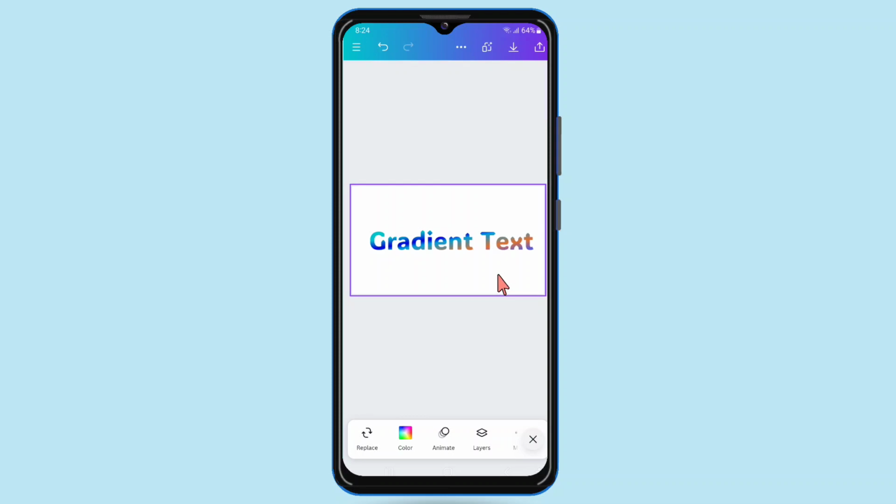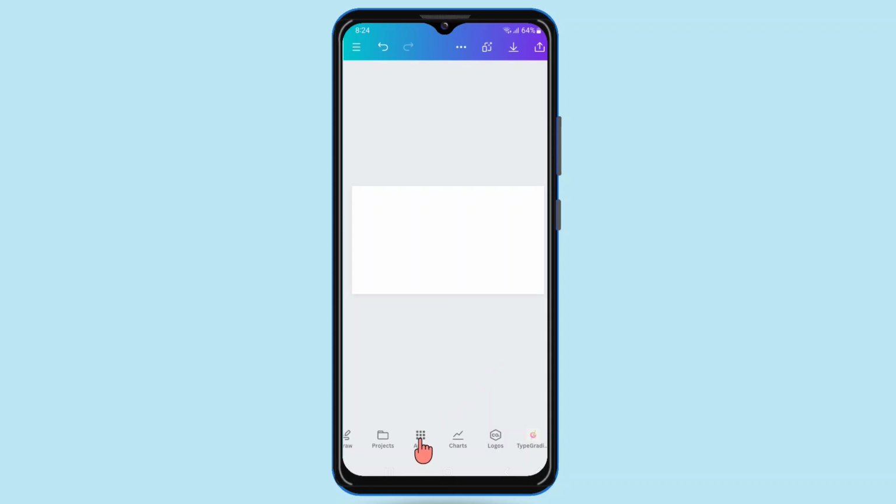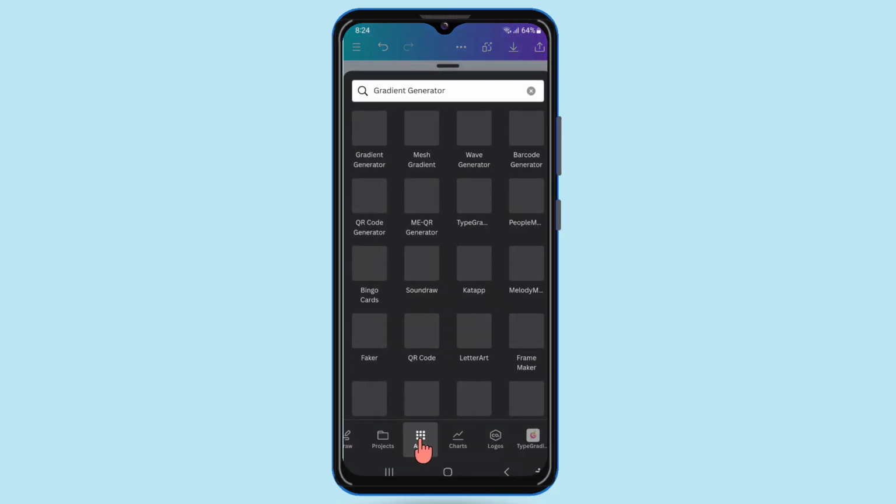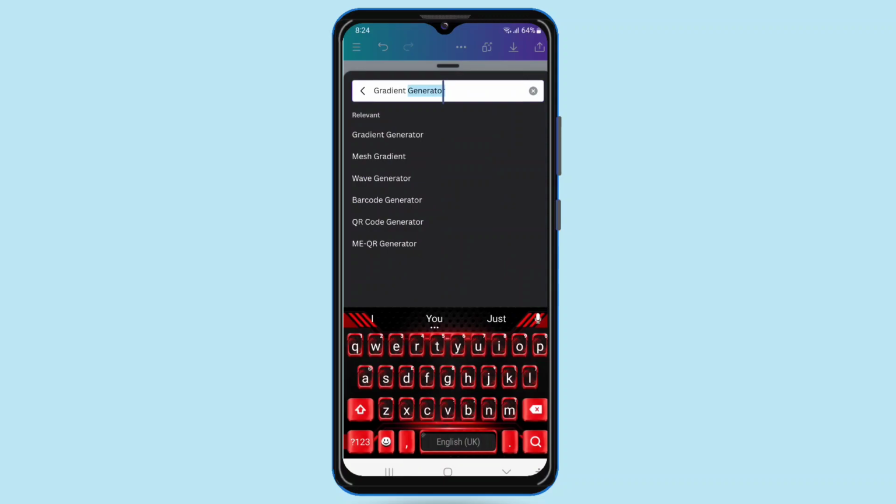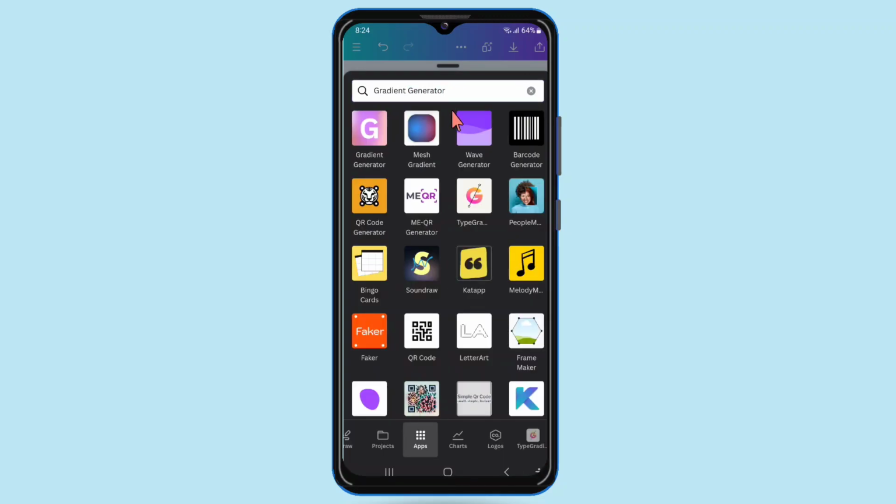First of all, I create a new page. I can create like this, and after that I have to click on apps, and here I have to select gradient generator. After that click on search, and here you can see type gradient on the 7th number. So click on type gradient,